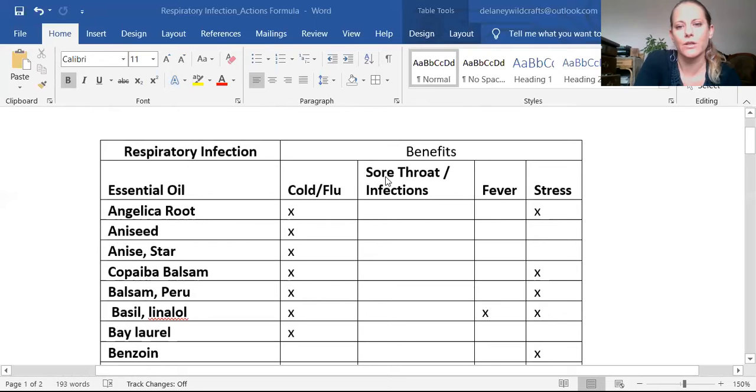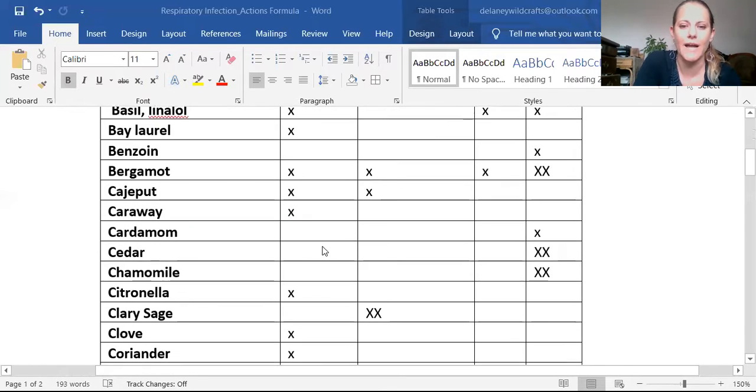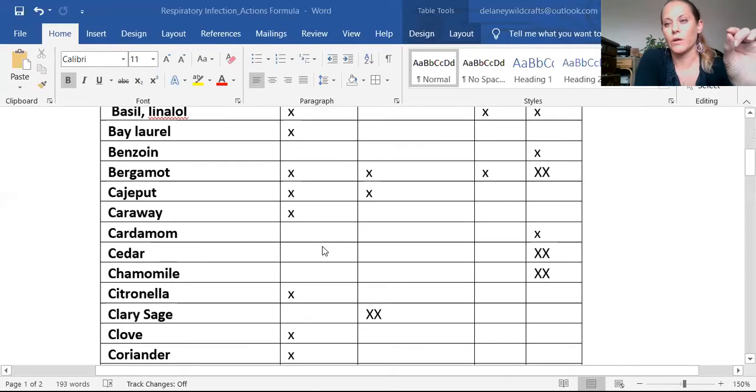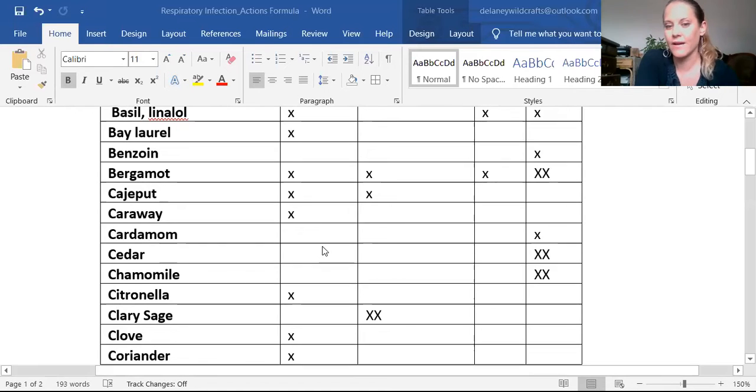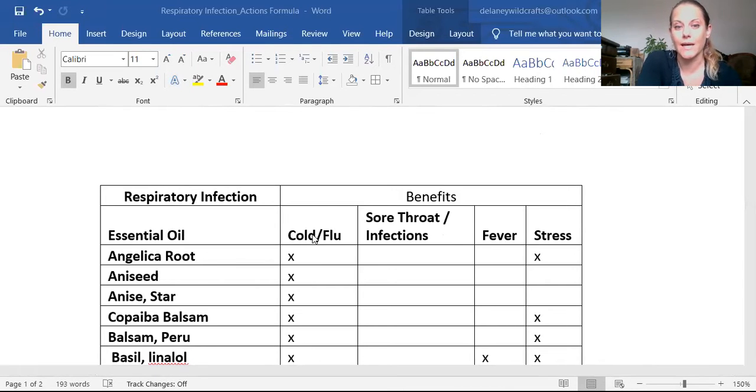And then I looked up sore throat infections, and I just put a little X if the essential oil was written there, and then if it was bolded, which means that it's extremely effective, then I put a double X, right? Because what people are dealing with right now is a respiratory condition that is related to the